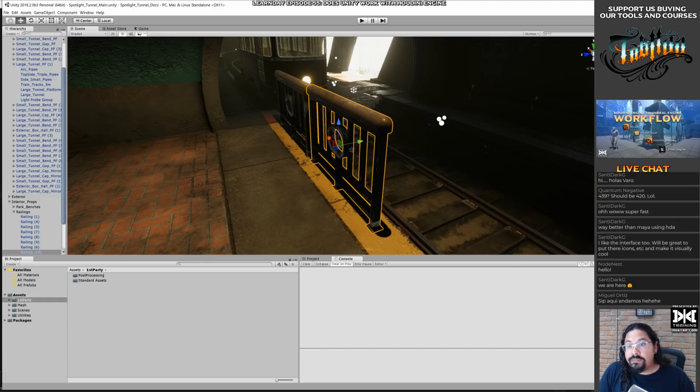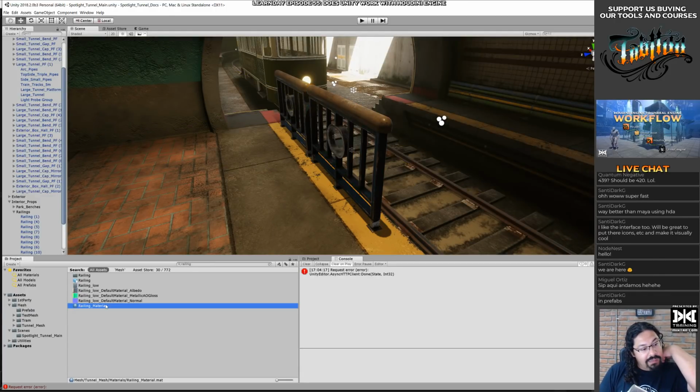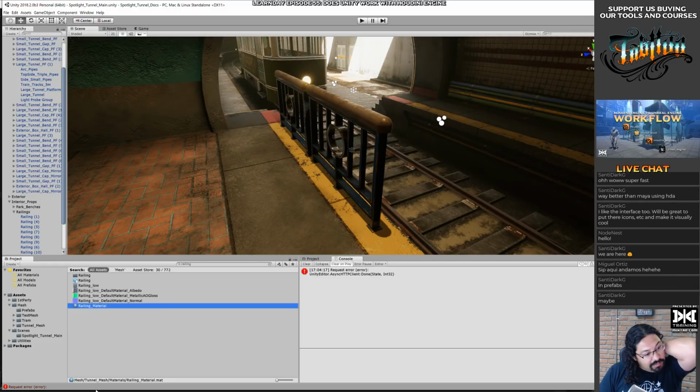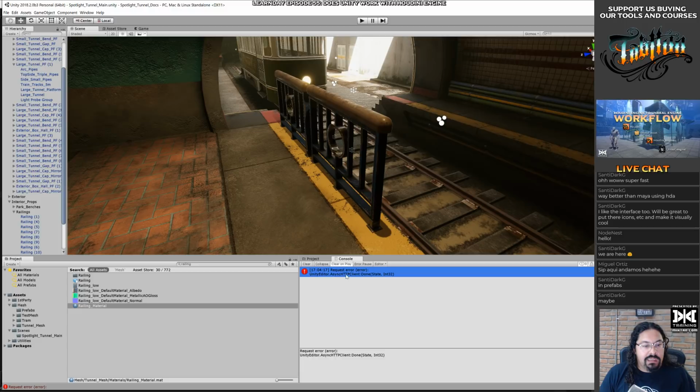Where is it in the project? It doesn't say. Why? Mesh. Scenes, utilities. Railing material. It's in tunnel mesh materials. Yeah, but why, dude? Just tell me where you are. Oh, there's some errors here. I don't know what's happening with Unity.